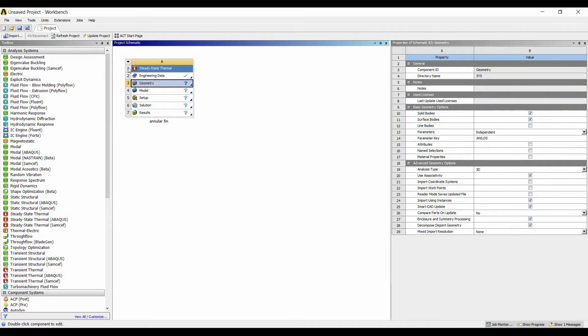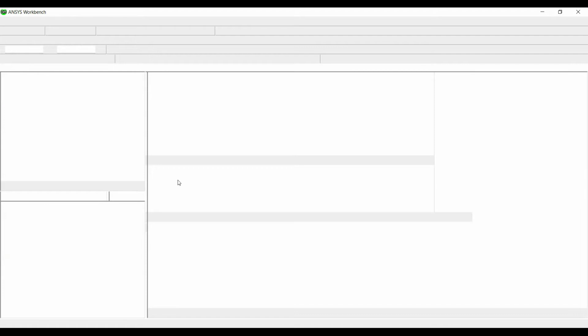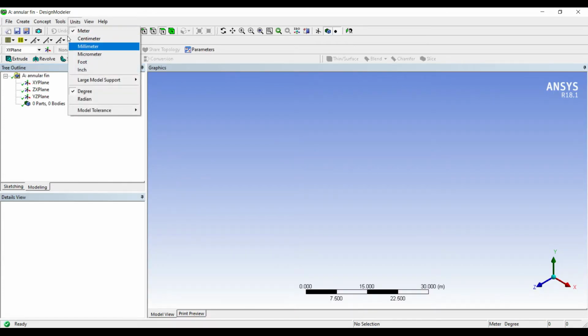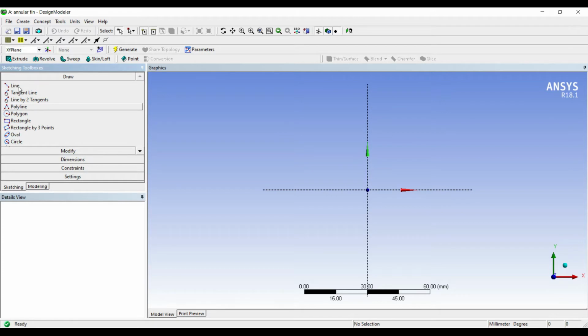I'll go to geometry, right click, new design modeler geometry. I'll go to units, millimeter, XY, look at. I'll go to sketching and I'll use polyline.